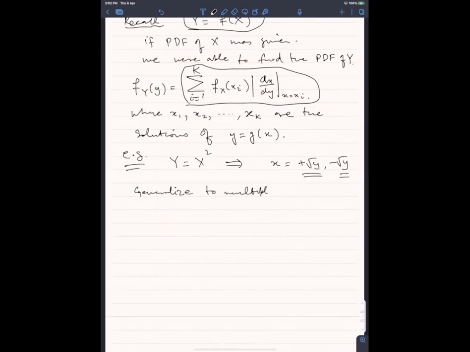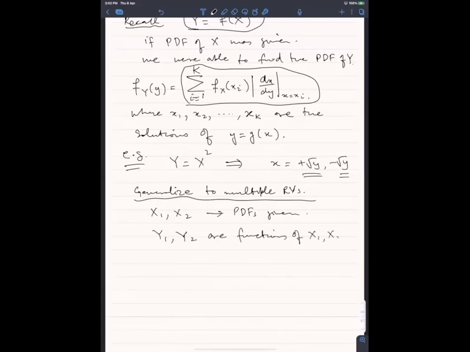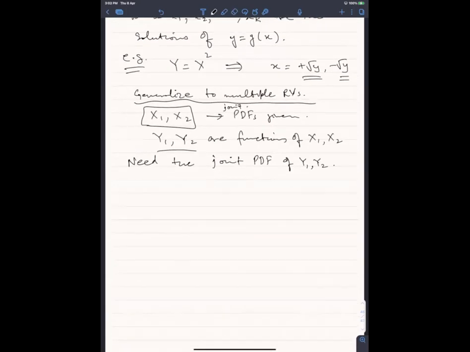Generalize to multiple random variables। आपको दो रैंडम वेरिएबल्स दिए, x1 x2, PDFs given, y1 y2 are functions of x1 x2, ठीक है, need the joint PDF of y1 y2। so x1 x2 का joint PDF दिया होगा आपको, और y1 y2 का आपको joint PDF निकालना, ठीक है। so let's say you are given y1 is equal to g1, some function g1 of x1 x2, and y2 is equal to g2, some other function of x1 x2।